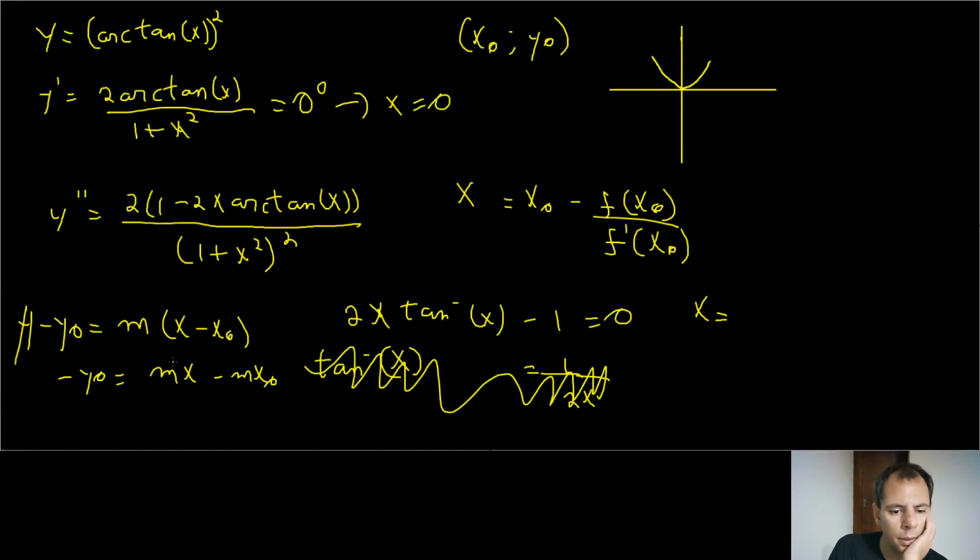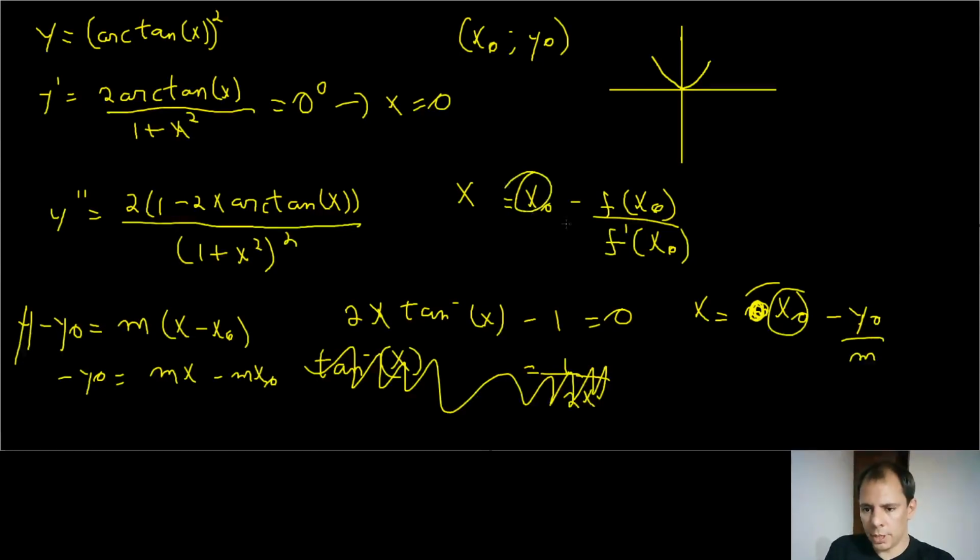Yeah, minus y, mx minus mx0. So x is going to be equal to mx0 minus y0, divided by m, so this m goes away and you got an m here. Yeah, so this is right. Okay, so the x0 is x0 here. The y0 is going to be the f of x0, it's here, the negative sign,